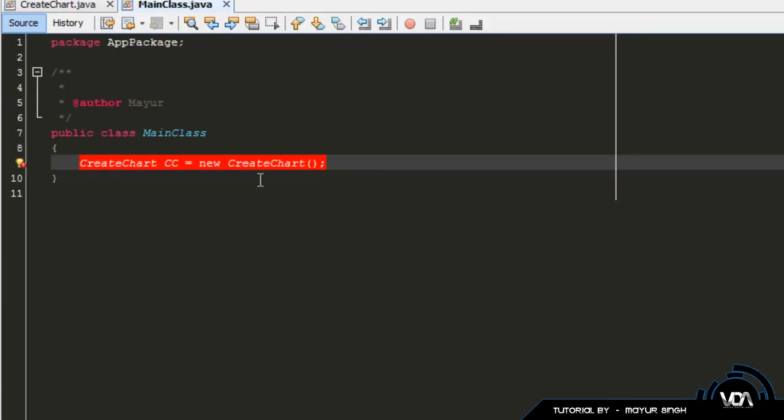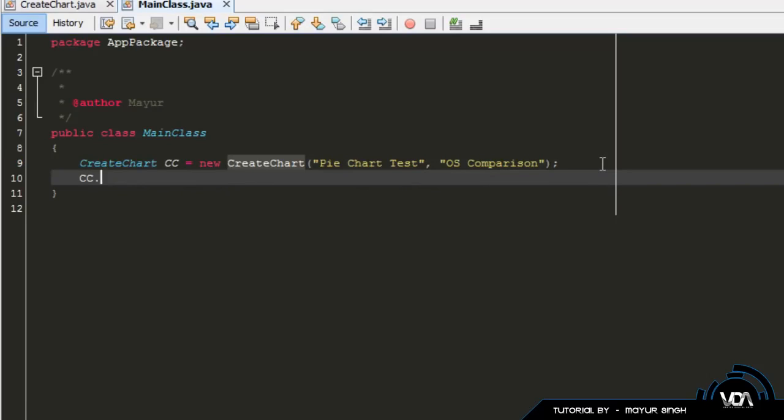Now if you remember correctly, the CreateChart takes in 2 parameters. So we need to provide 2 parameters. The first one is going to be, let's say, "Pie Chart Test". That's going to be the title that pops up on the top. Then we're going to be comparing operating systems, "OS Comparison". That's going to be the title of the chart itself. Now what we need to do is type in cc dot,